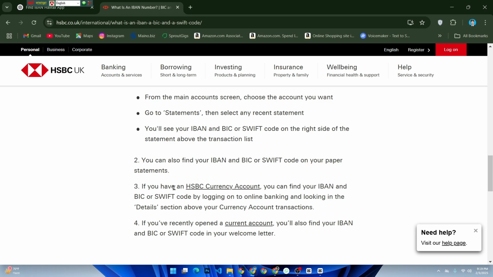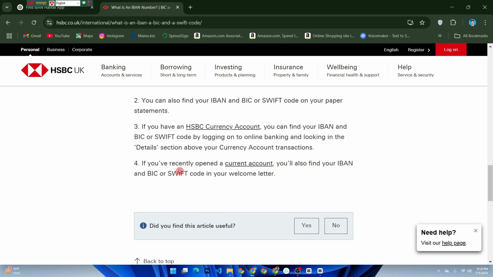If you have an HSBC currency account, you can find your IBAN and BIC or SWIFT code by logging on to online banking and looking in the details section above your currency account transactions. If you have recently opened a current account, you will also find your IBAN and BIC code in your welcome